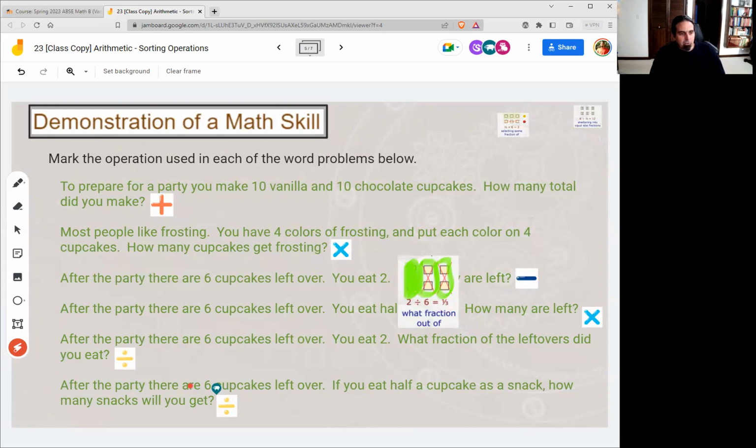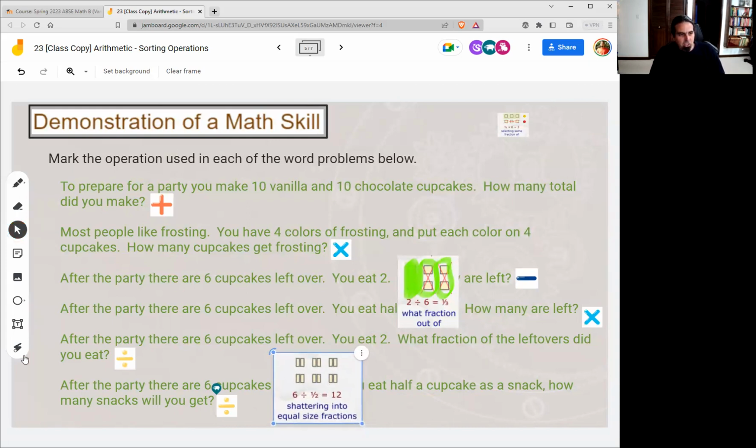And then lastly, after the party, there's 6 cupcakes. If I eat half a cupcake as a snack, how many snacks will I get? How many days can I do that? If every afternoon I grab half a cupcake and exert my willpower and stop eating, then how many days do I do that? Maybe they're in the fridge so they don't go stale. So that's this picture